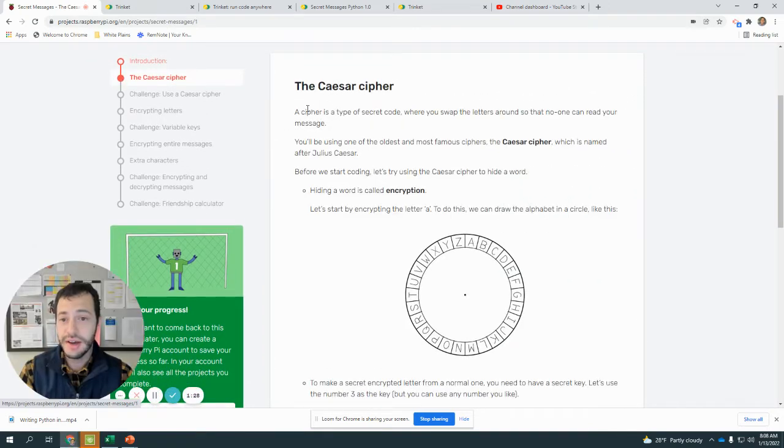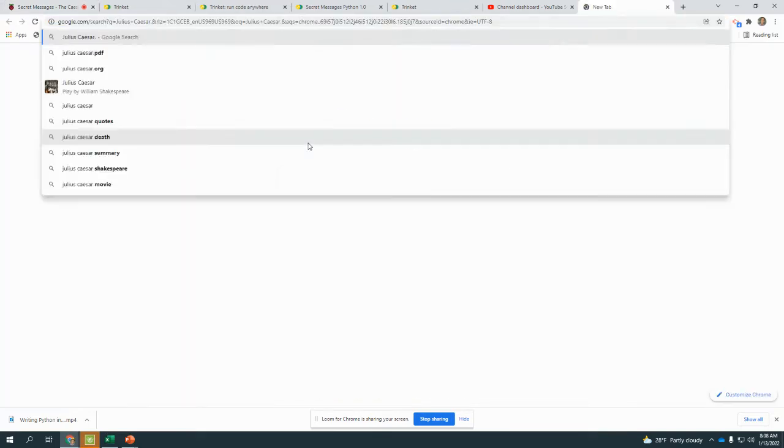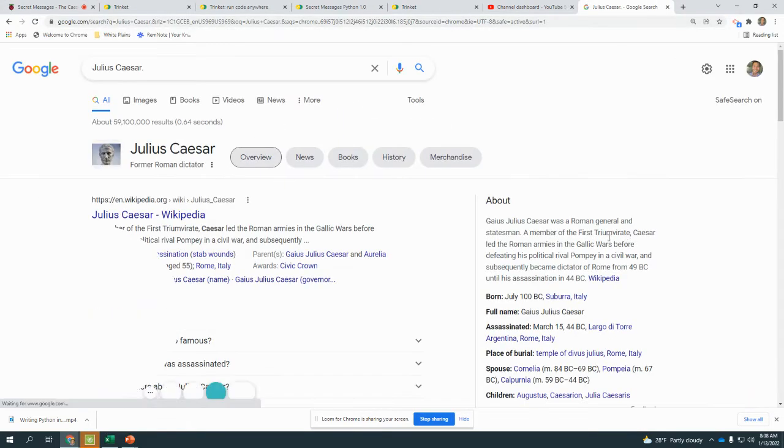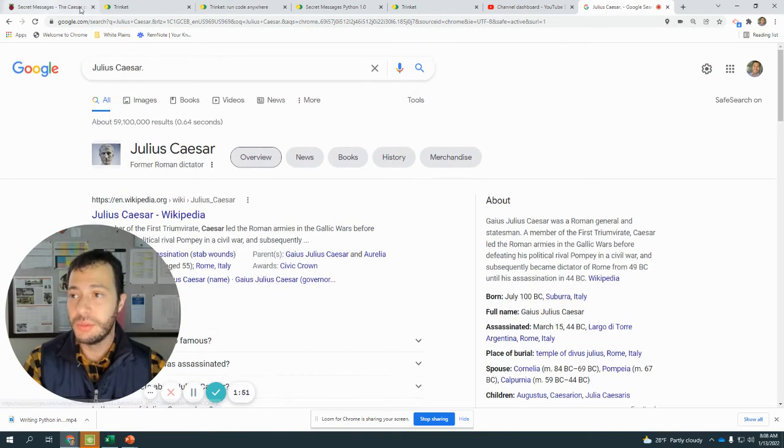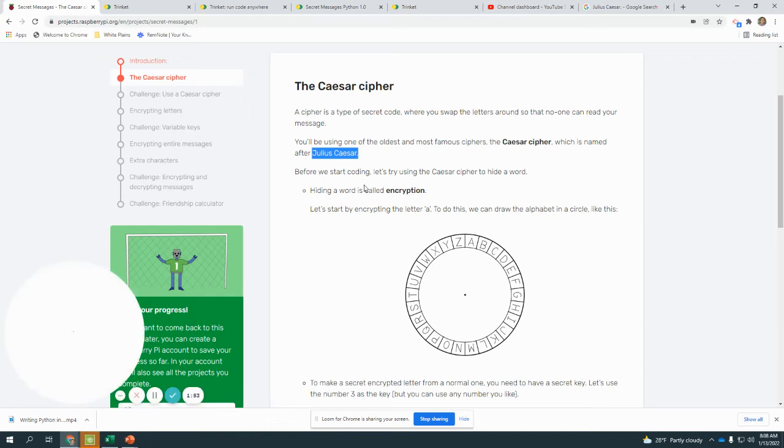This is going to teach you guys about how we encrypt that information. A cipher is a type of secret code that swaps letters around so no one can read the message. And we're going to be using one of the oldest and most famous ones, the Caesar Cipher, which is named after Julius Caesar, which, if you don't know the guy, is a Roman general, very famous guy who led Rome. You can look him up if you want, but the Caesar Cipher over here is going to hide